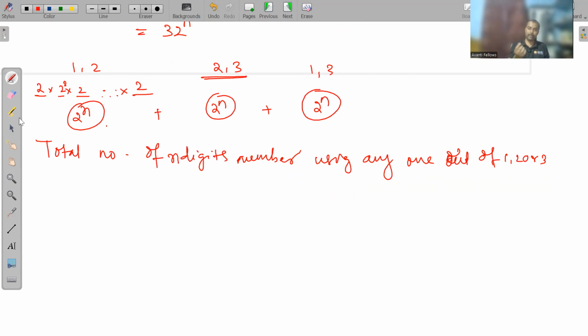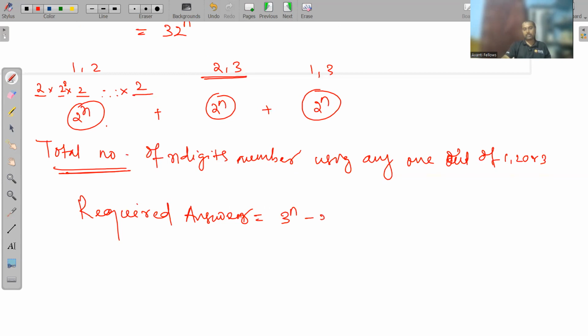उसको मुझे क्या करना है, ये भी count करना है ना मुझे। तो मेरा जो answer हो जाएगा, required answer क्या हो जाएगा, तो इसको भी मुझे minus करना है, ठीक है, देख लो, इसको find out करके मुझे minus। तो required answer क्या हो जाएगा, total number of n-digit numbers by using at least once 1, 2 and 3। तो answer ये हो जाएगा 3 to the power n minus 3 into 2 to the power n, minus 3 into 2 to the power n।